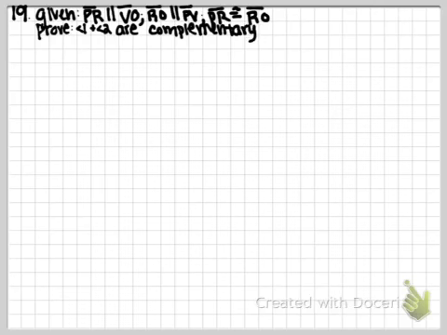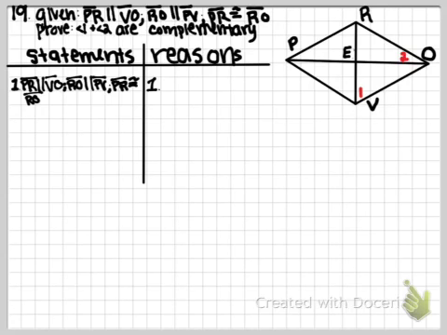So I'm going to quickly pause this to draw the diagram. Okay, so I just quickly drew the diagram and wrote the given to begin this proof. So for the next step, I'm going to write that quadrilateral PROV